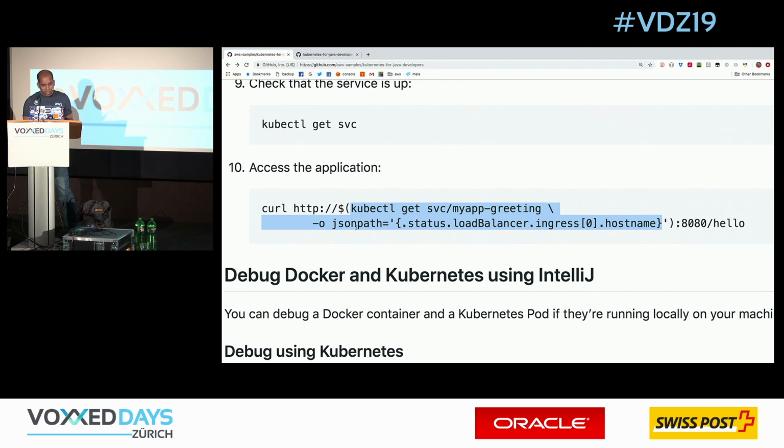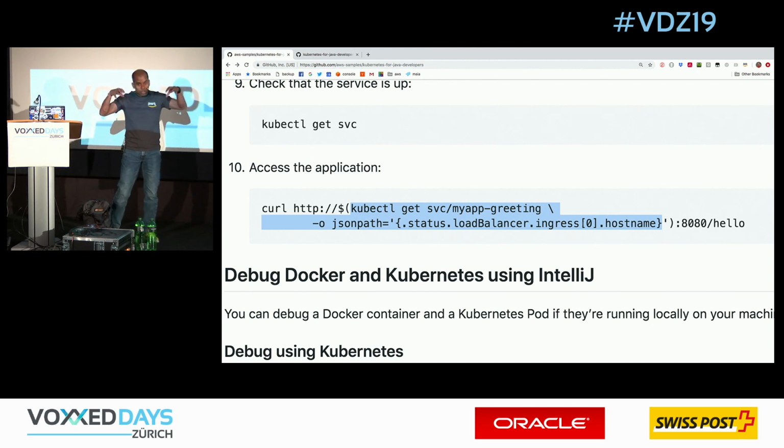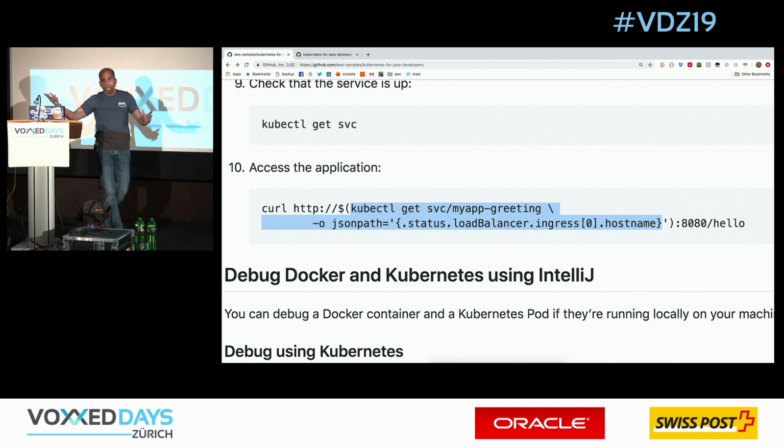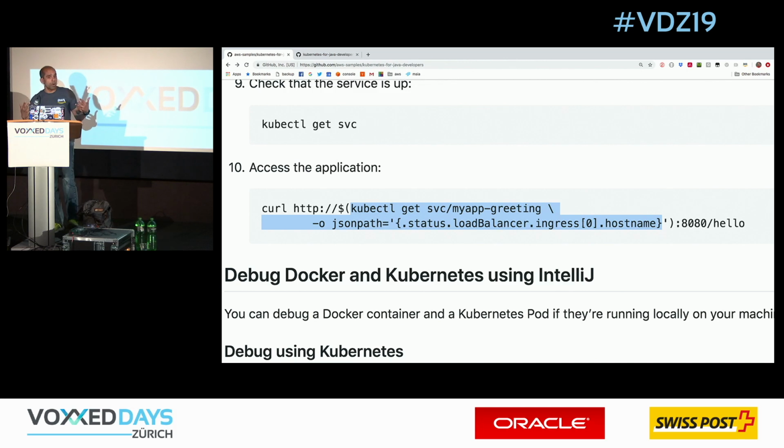And I'm saying, give me the JSON path, which is status load balancer ingress port and hostname. And that basically would give me either localhost if I'm running it on the local machine, or it would give me the ELB name if it's running on the cloud provider. So independent of where my service is provisioned, I'm getting the host name where the service is now accessible, port, and the URI, and I'm getting the response back. So that's the important part.